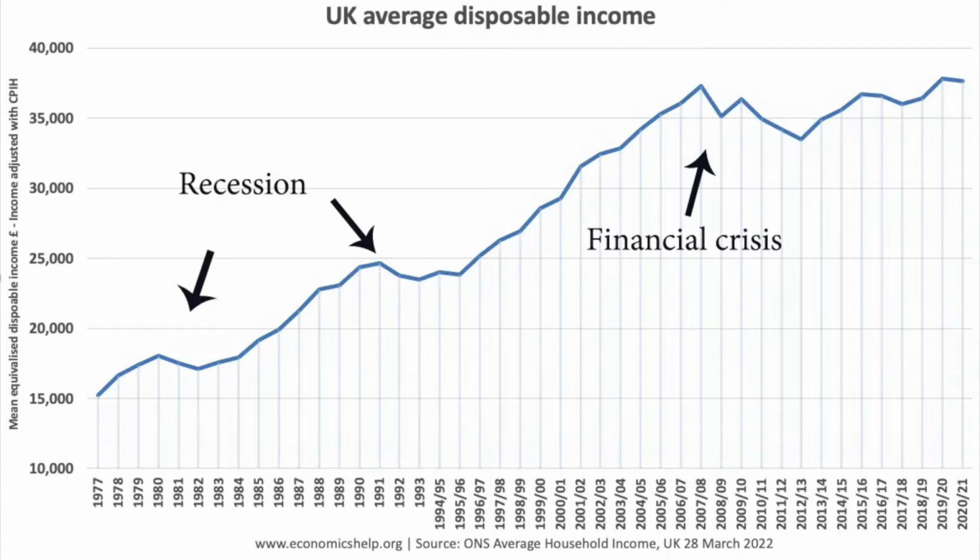For many people in the UK, the problems of the economy really hit home in the fact that real wages have stagnated since 2009. In 2007, real median disposable income was $37,310. 13 years later, in 2020-21, there's only been a very small increase to $37,622. So less than 1% growth in real wages over 13 years.